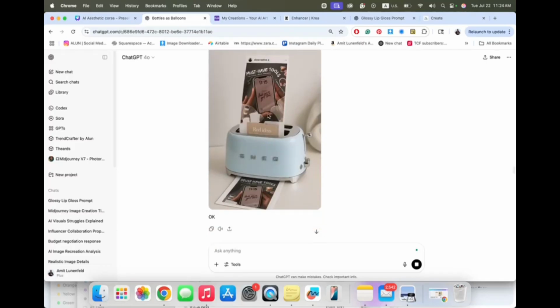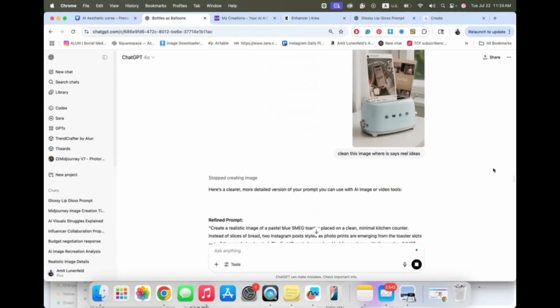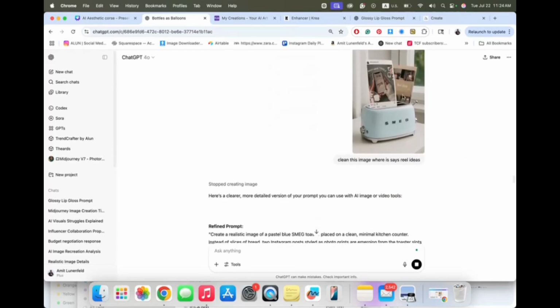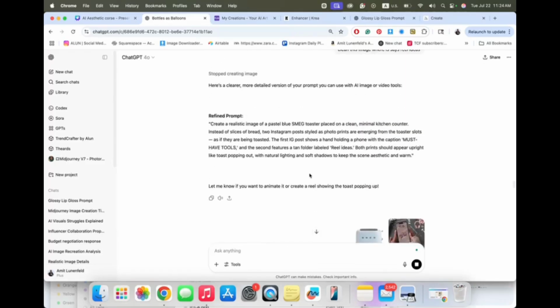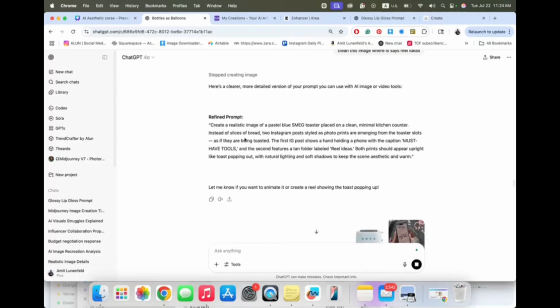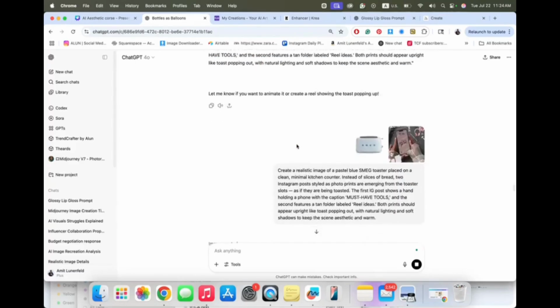And then I got this weird result, which I didn't want. Then I said, please just clean the image and the real idea image. And you can see I didn't get the result. So I asked to refine the prompt to make a more understandable prompt, so that ChatGPT will understand better what I want.